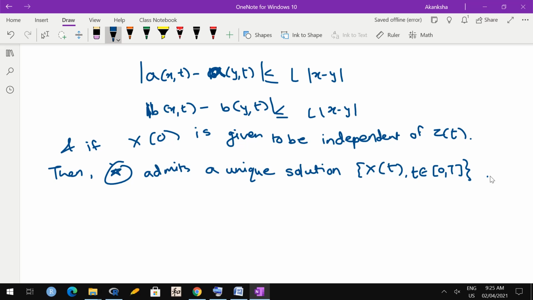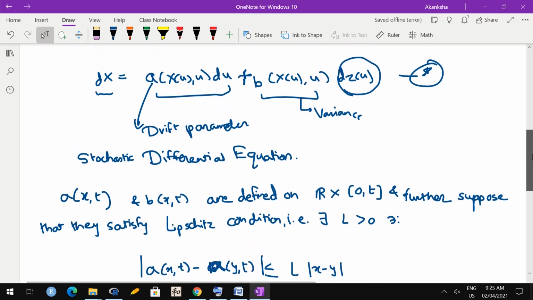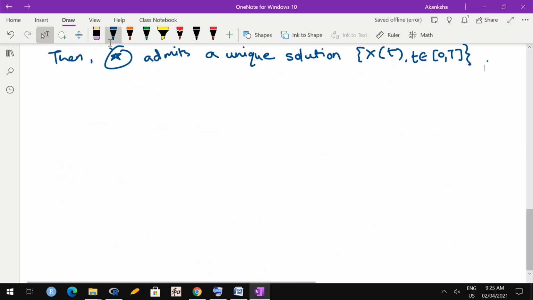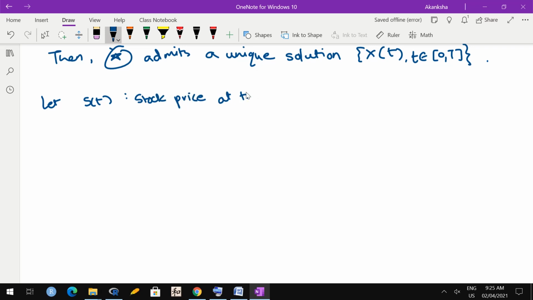Is it okay? Now let us take an example so things would be more clear. How do A and B look in such processes? So we want this type of representation. We want dx to be a dt plus b dz. So let us take one simple example. So let S(t) be the stock price at time t. Stock price, I hope all of you remember, is a share price. Stock price at time t,